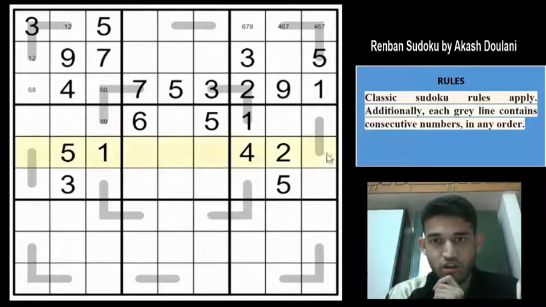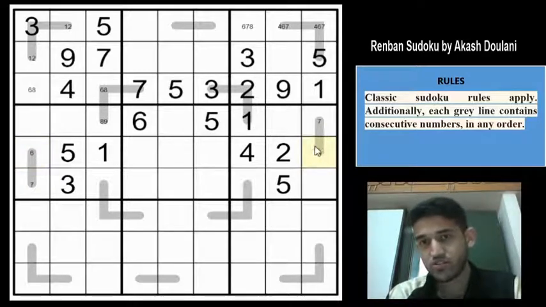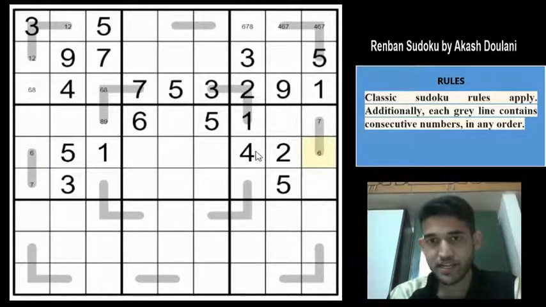So if you look along row 5, we can see that 6 cannot be in these 3 cells, so 6 must either be in this cell or this cell. If you have a 6 here, then this cell is a 7, right, because you can't have a 5. So 7 must either be here or here, depending on whether 6 is in row 5 column 1 or row 5 column 9. So this is giving us some interesting deductions.